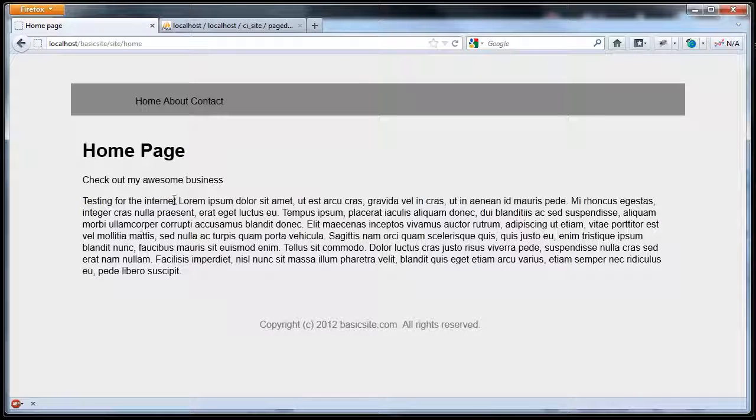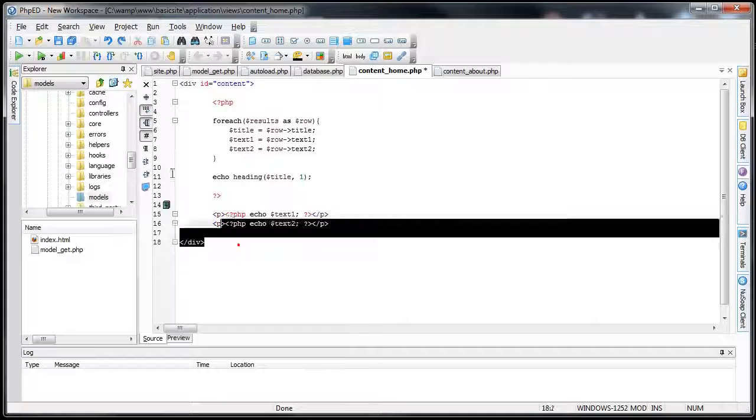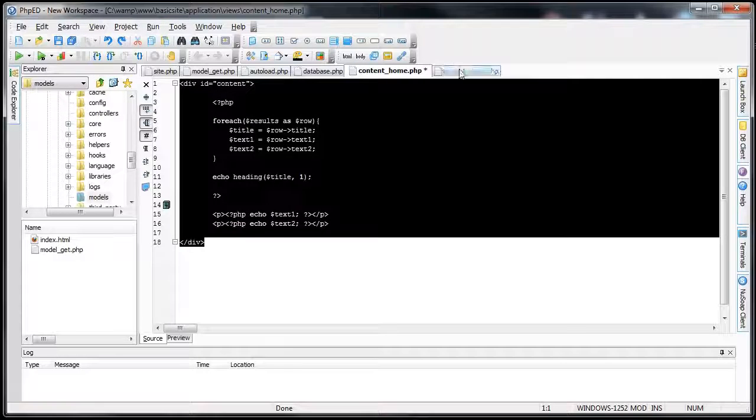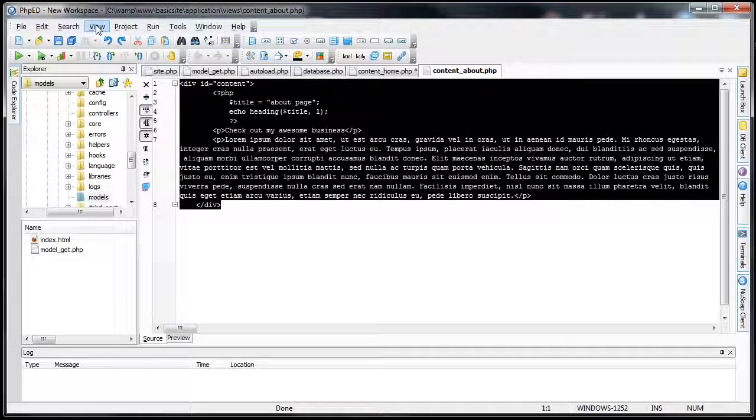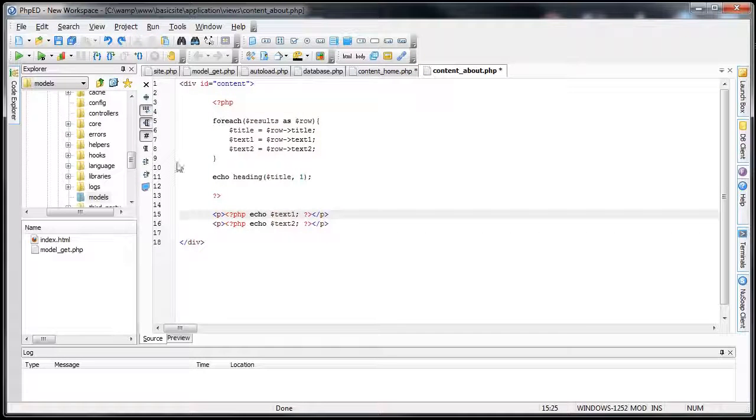Oh my goodness, how cool is that? Now we have content managed pages. Well, just one page. The about page is still the exact same. But let me show you how powerful this actually is. Now that I've written this, clean this up a little bit, we can copy the exact same thing into the about view. I'll just Control C, and I'm going to highlight all of this and paste it, replace everything with this